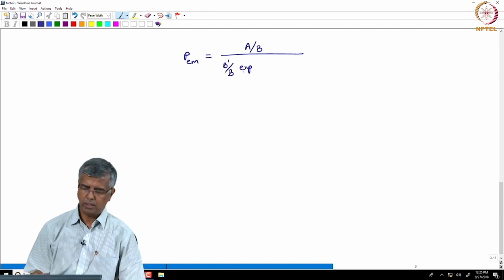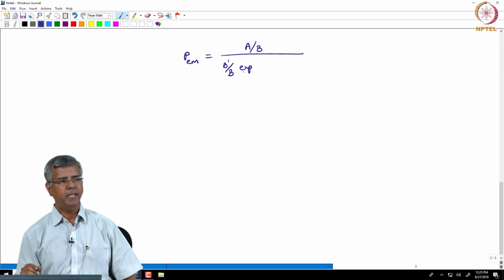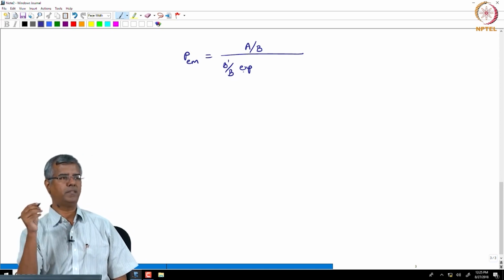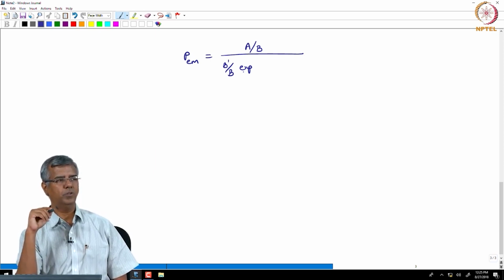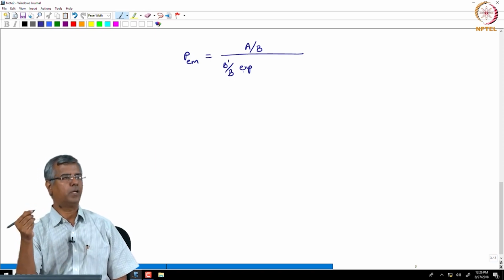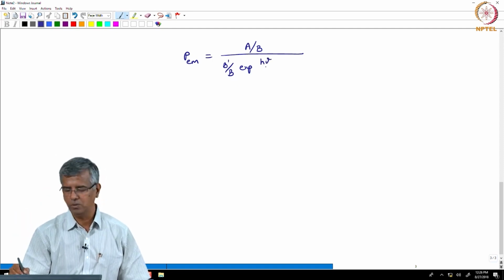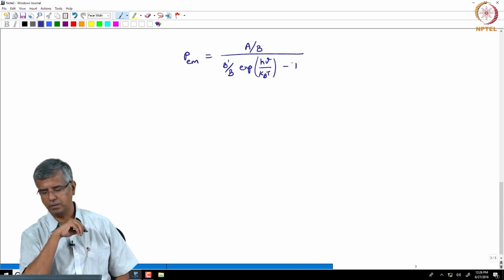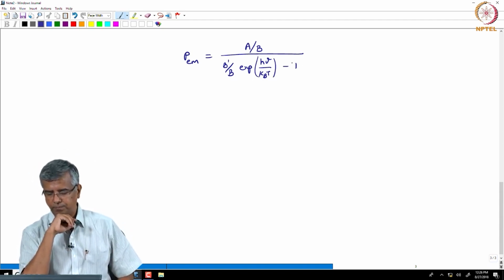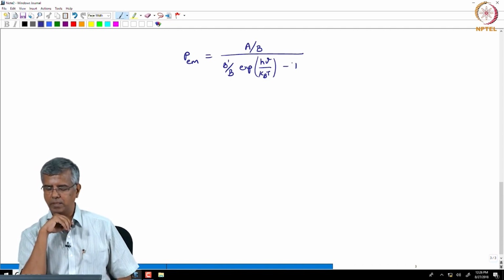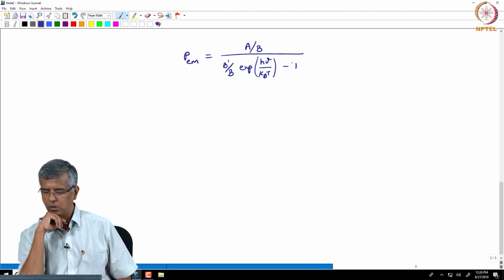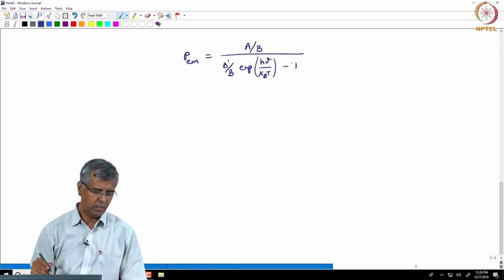exponential of delta E over kBT. But from the perspective of emission, what does delta E correspond to? The energy of the photon, right. So, the photon that is emitted will correspond to h nu. So, I can write this as h nu over kBT, minus 1, okay. And Einstein just observed that this is once again very similar to what Planck had observed, provided